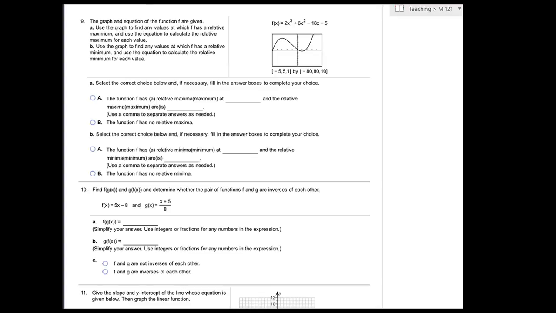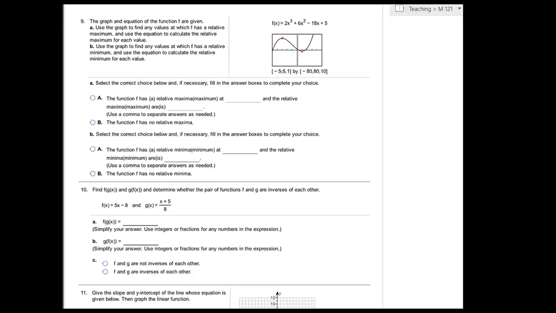The graph and equation of the function f are given. Use the graph to find any values at which f has a relative maximum, and use the equation to calculate the relative maximum for each value. Use the graph to find any relative minimums, and again calculate the minimums. Okay, so what we're looking for is the maximum and the minimum. The maximum is up over here, the minimum is down here, and this is kind of hard to see,